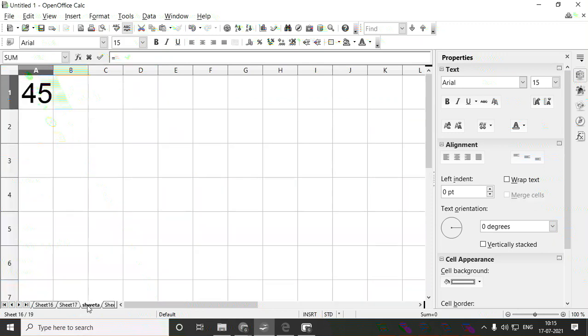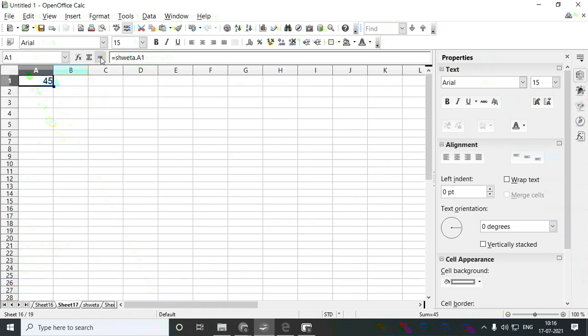Next I'll go to that previous sheet where I inserted 45 and select it. When I click on the accept button with the help of the mouse, what I wrote as the equal to sign gets changed to the number. This is how to perform a cell reference with the help of the mouse.